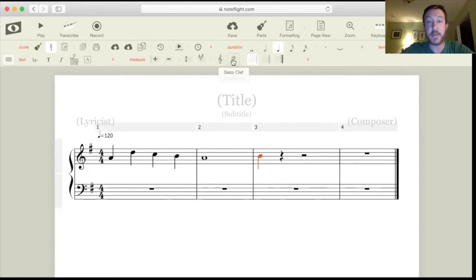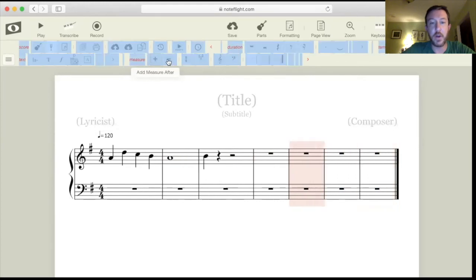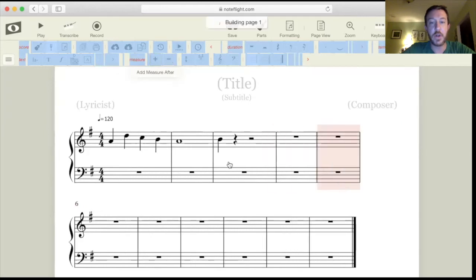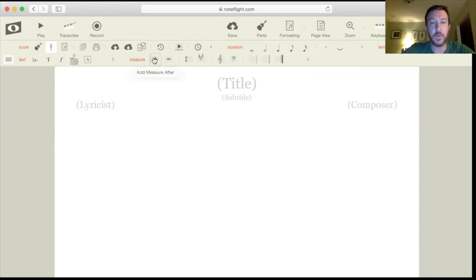You can also do bass clef. For some of you bass clef players, you can change that here, or you could do both. You can add more measures if you want a piece that's longer, or you can take measures away if you want a piece that's shorter. So you get to control all of that. You really do get to become the composer. Oops, I should probably have at least one measure there maybe. Anyway, you can also add a title, put yourself as the composer, or if there's anyone who writes lyrics. And if you do put a title in, let's call this